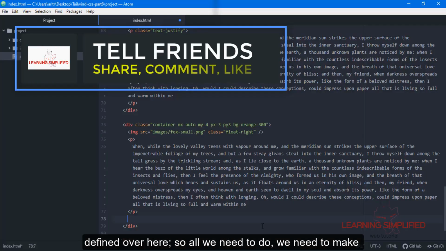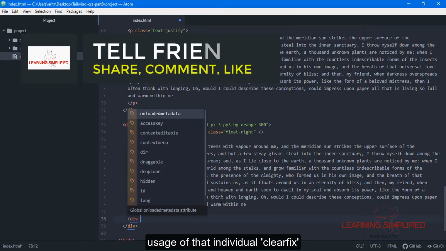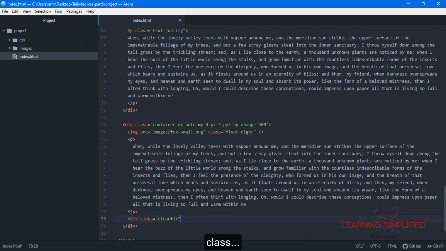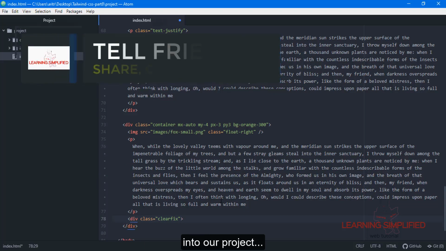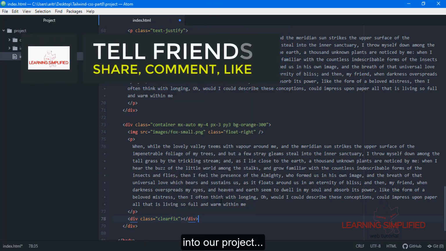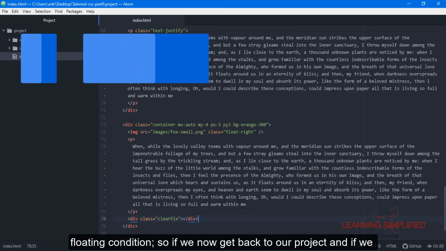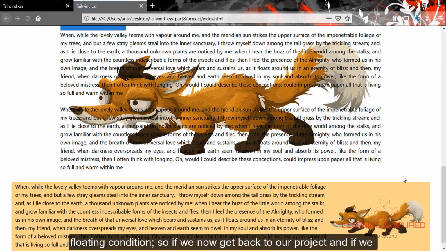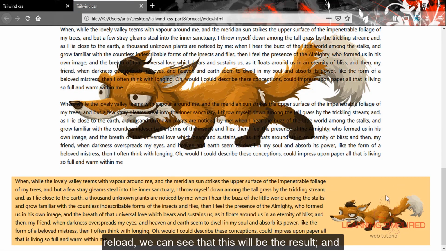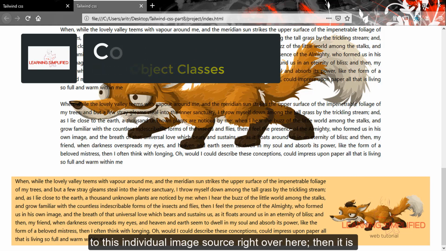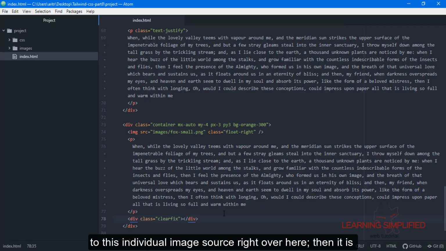So we need to make use of that individual clearfix class in our project, right beneath the elements that we have created and put into the floating condition. So if we now get back to our project and reload, we can see that this will be the result. And we can make use of additional classes right over here. Say, if we want to provide a particular width and height to this individual image source, then it is also possible.